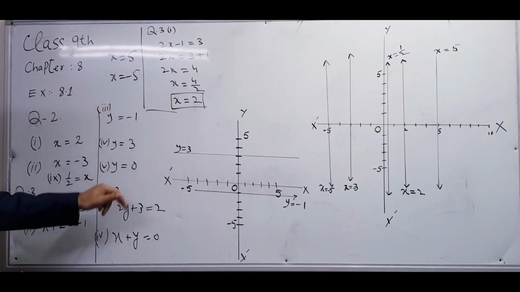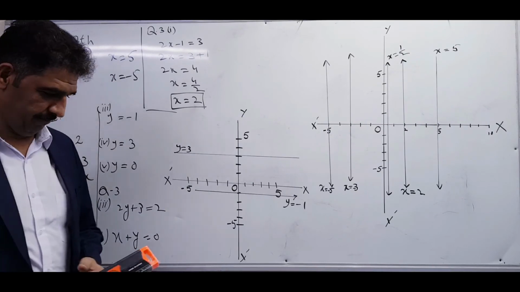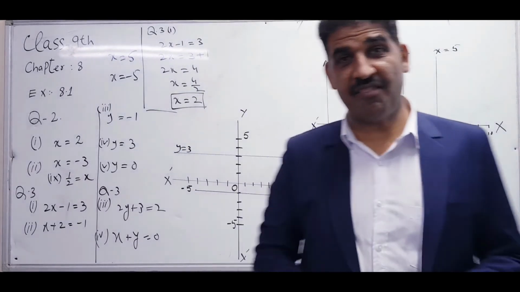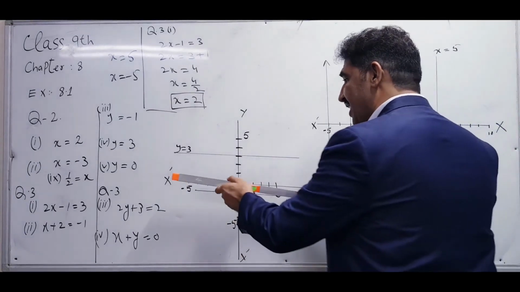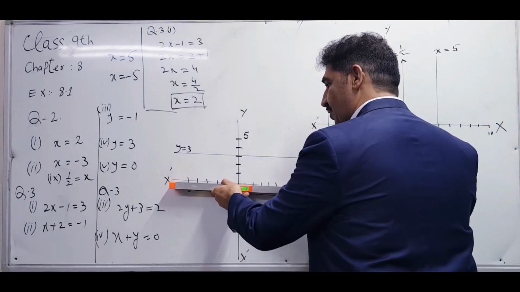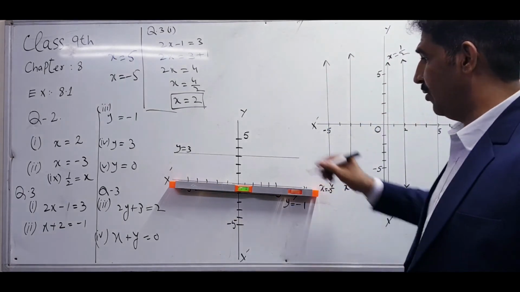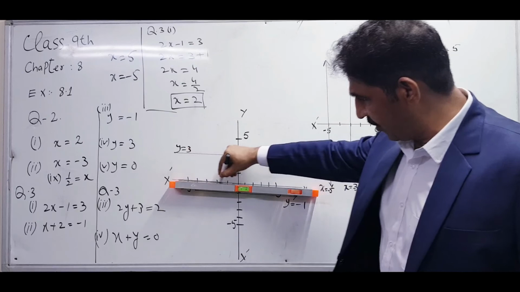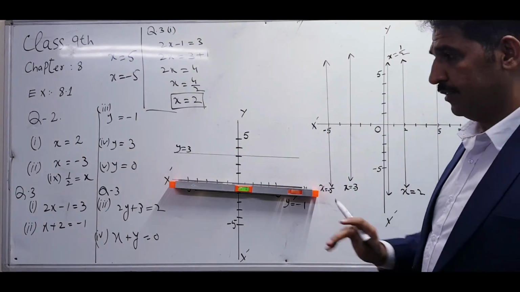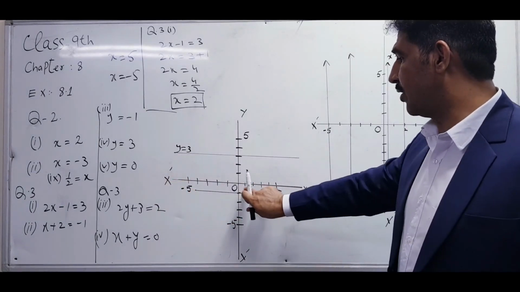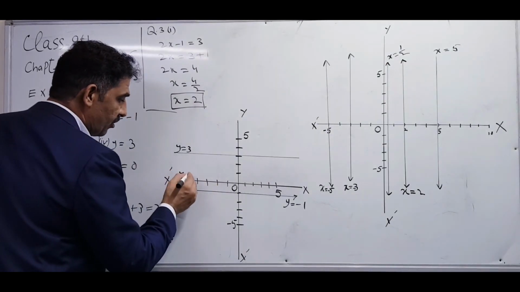What is the next? y is equal to 0. Where do we draw it? y is equal to 0. Hurry up, give me the answer. y is equal to 0. Where is that? Good. y is equal to 0 is the origin line, which is already given. This is the line y is equal to 0, where the value of y is 0 on the x-axis. Right? You can write it: this line on the x-axis is y is equal to 0.